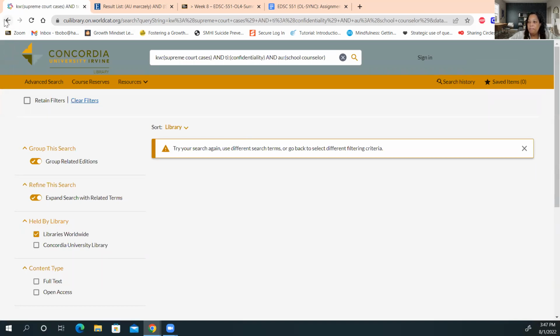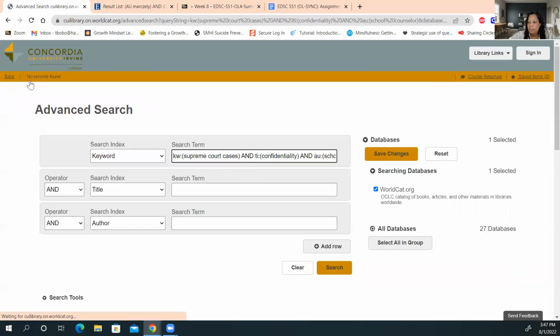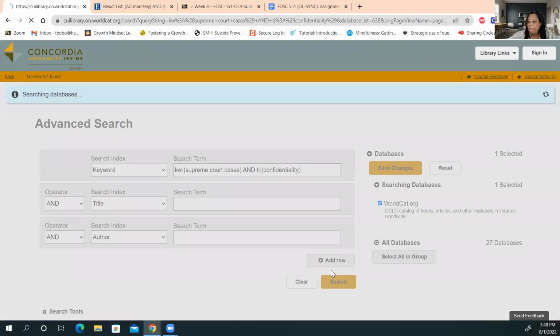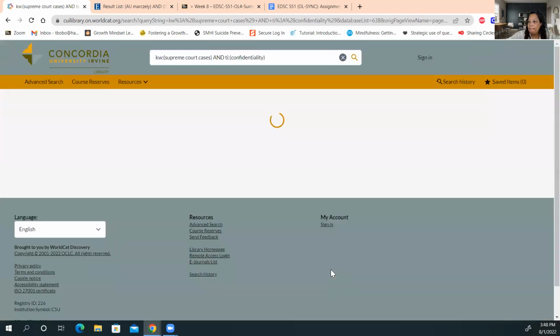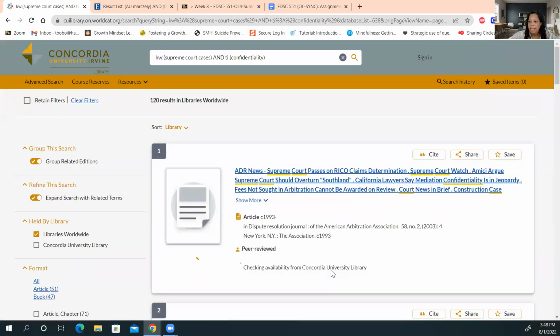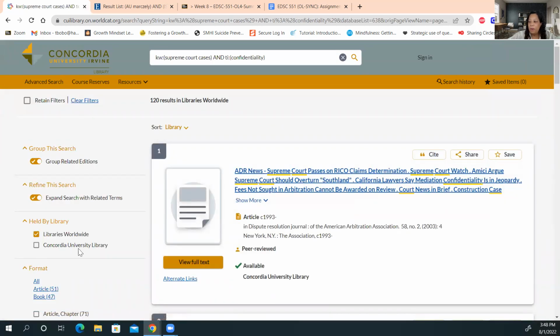So let's hit the advanced search again and just do Supreme Court cases confidentiality and leave out the school counselors, and now I have a few more.